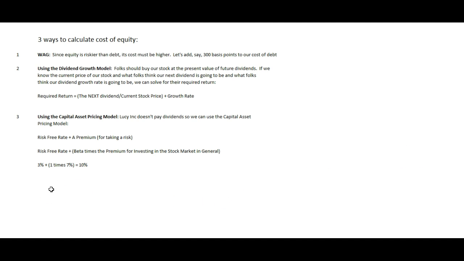So the capital asset pricing model for this particular set of facts is the risk-free rate of 3% plus 1. Remember, Lucy's stock has a beta of 1. It moves just like the stock market. 1 times 7% is 7%. So 3% plus 7% is 10%. And since dividends aren't tax deductible, we don't have to worry about adjusting for taxes. So now half our money costs us 2%, half our money costs us 10%.